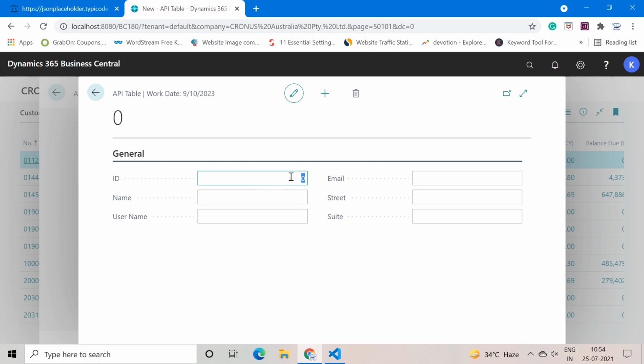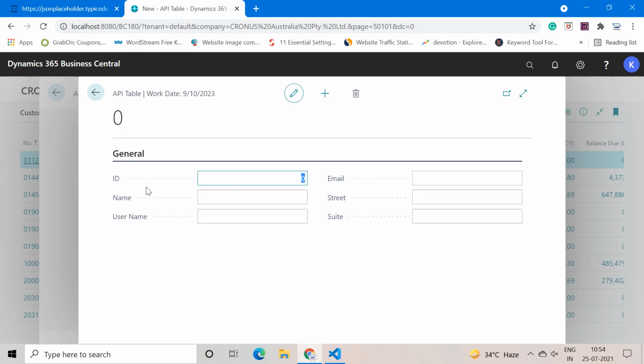Now every time the user inputs any value in this ID field, for example, if we enter ID is equal to 1 here and press enter, the system should connect to this API and get the values of name, username, email, street, and suite.